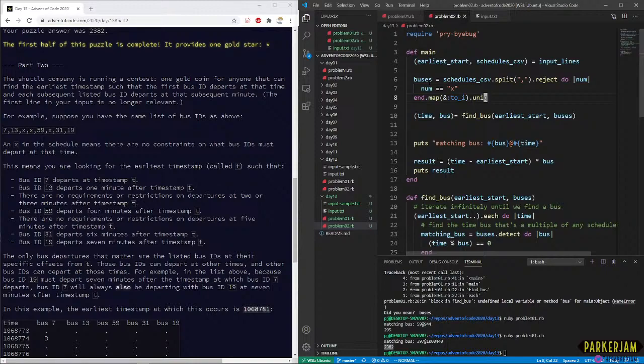I think we want a little bit of a different structure for this. Yeah, I think we want a structure where we can test all of these at once, in terms of their offset.